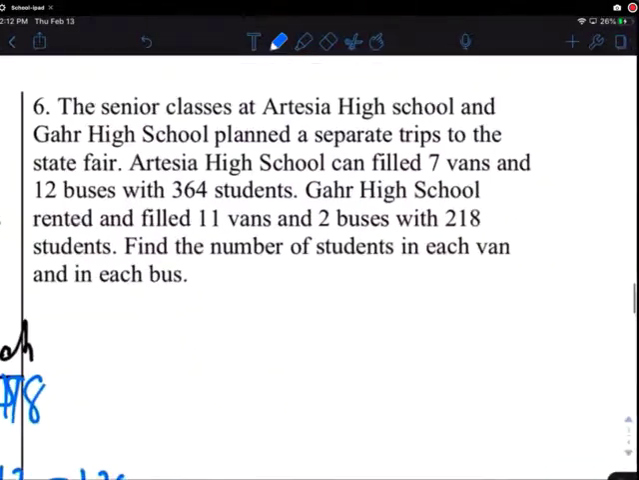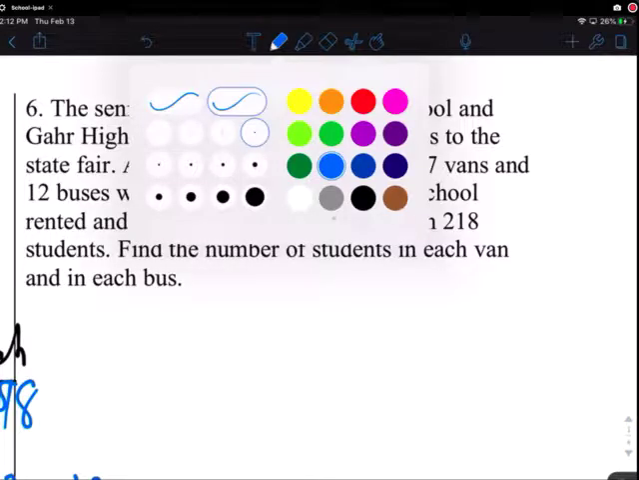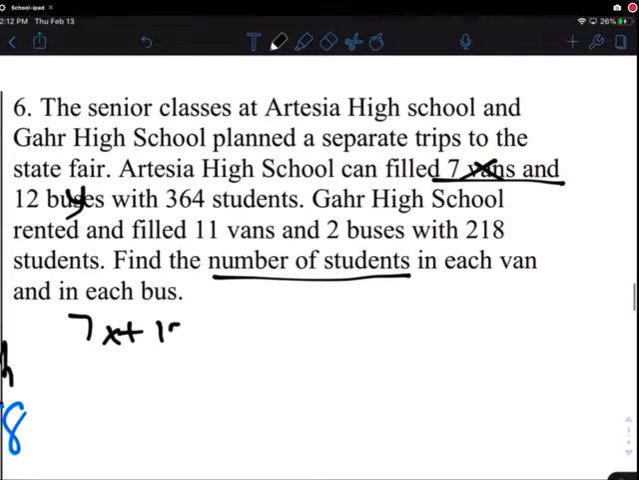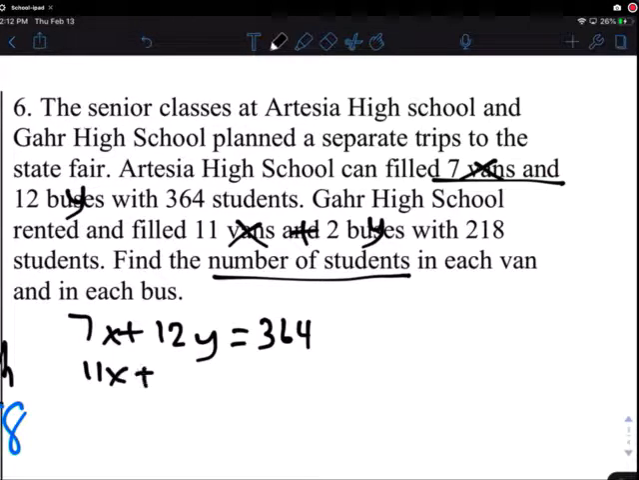Okay, this one, same thing. You need to find the number of students in each van and each bus. So 7x plus 12y, I'll write smaller here, equals 364, and the other is 11x plus 2y equals 218. Let's save one here. 7x plus